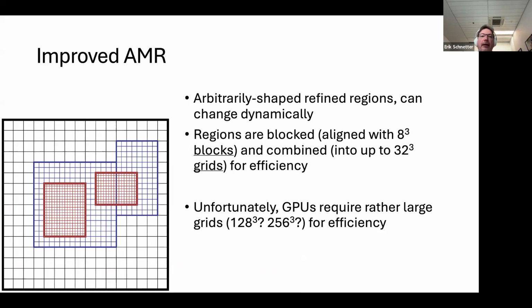And finally, regarding improved mesh refinement, it is, due to AMReX, possible to have refined regions that can have an arbitrary shape. So if you want to track a shock in a binary neutron star merger, you can do that much more easily than in Carpet, where people never really use that feature. And what AMReX does,